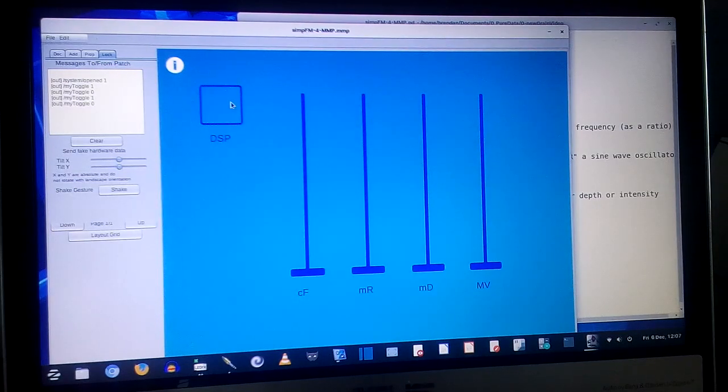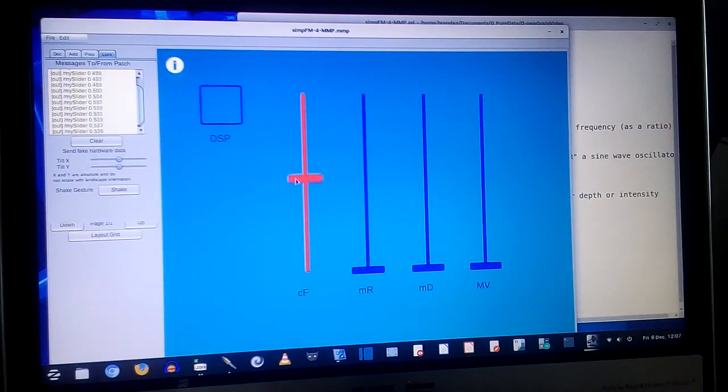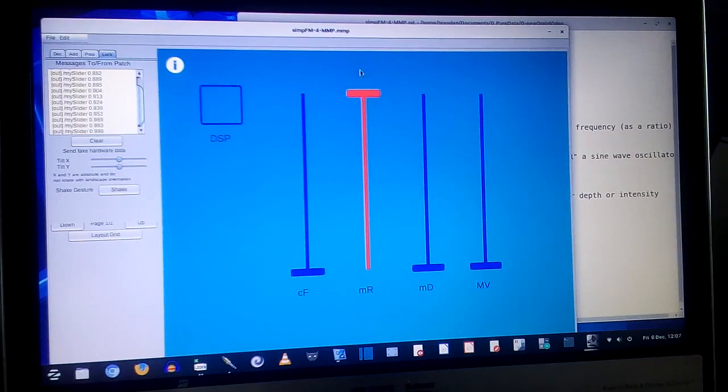When I turn it off, out / my toggle 0. Out / my toggle 1, my toggle 0. Then move the slider, out / my slider, then a value between 0 and 1, my slider 0 and 1, my slider. These are all called my slider. What are we going to do about that? Well, we go back to properties,